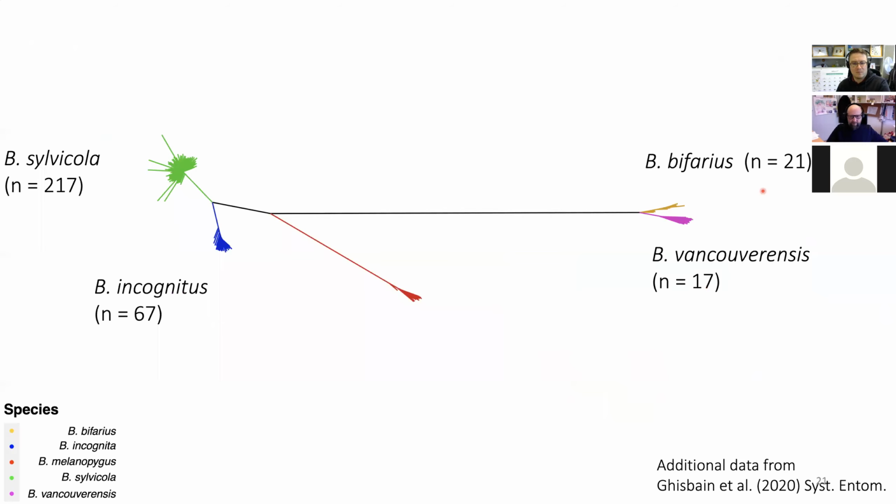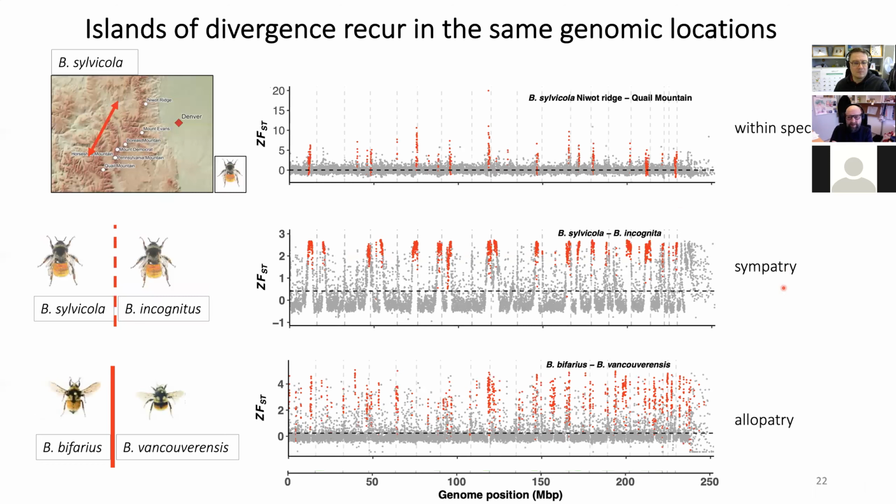This is a tree of all of the sequences that we've put together. On the left, you can see the samples we collected, and on the right, you have the control samples from published data. So then we can start doing genome comparisons. This is the first slide with a lot of data, which I will talk you through. What you can see here is the distribution of FST